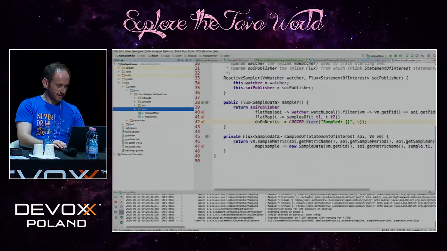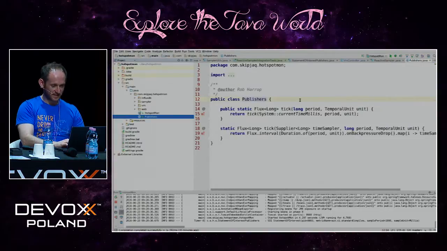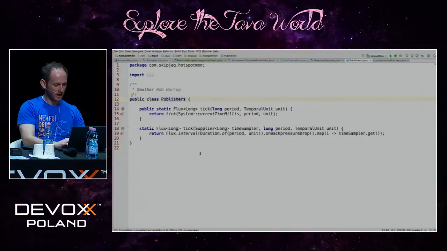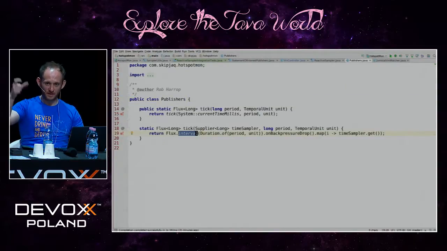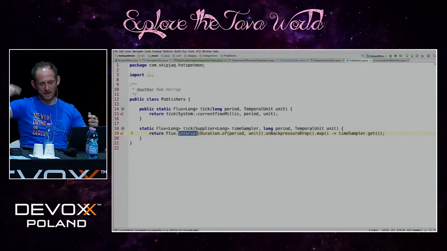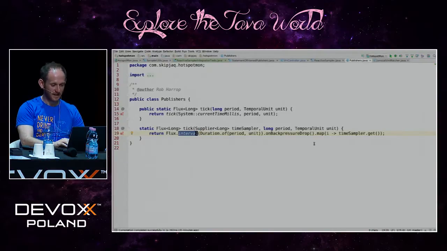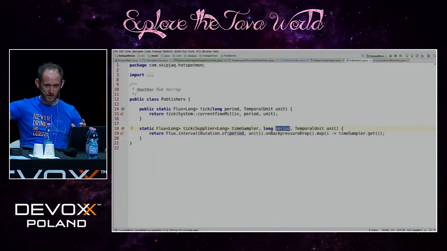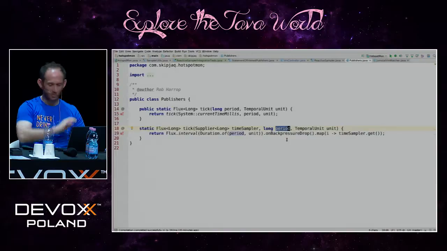So we're using this to get into that. And the first interesting thing is this tick subscriber. So I create a flux interval, which we saw before. It's going to emit 0, 1, 2, 3, 4, 5 every tick. And I want to drop these things on back pressure. You can imagine if this is a very small period here, it could flood the downstream system. So I'm happy to ignore ticks. I don't need them all. And then what I'm going to do is